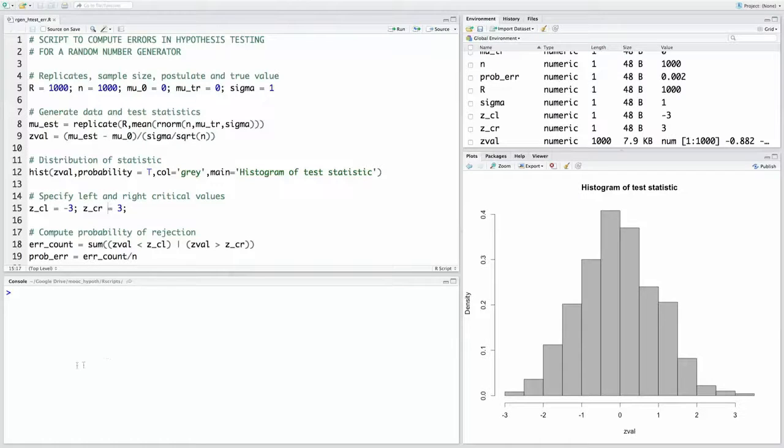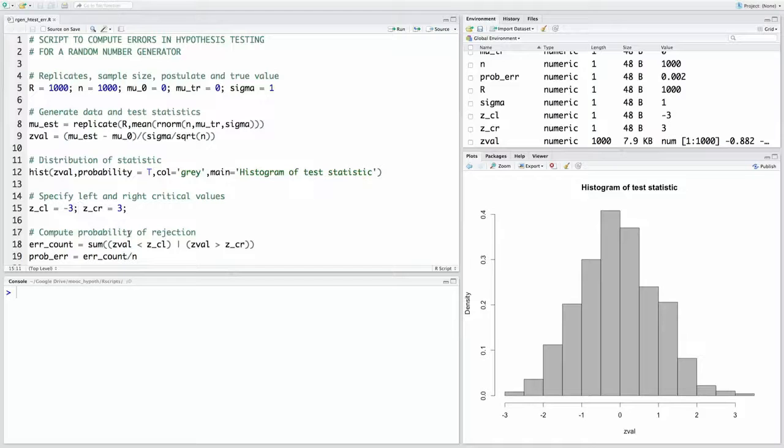What I would encourage you to do is play around with the critical values. For example, we could change the values from -2 and 2 to -3 and 3, and of course, make sure you save the file before running the source.